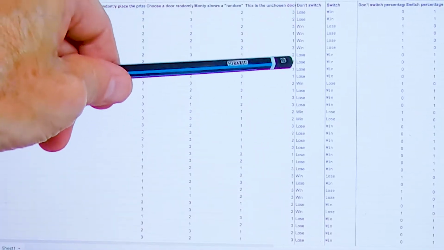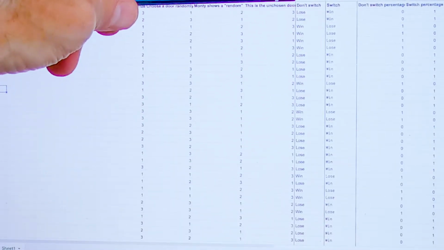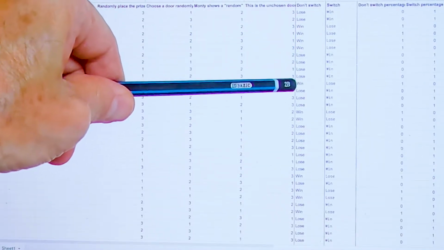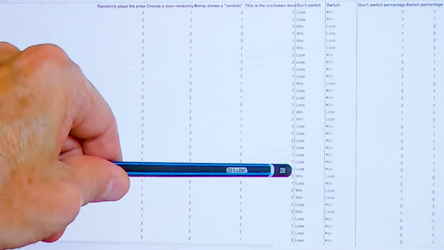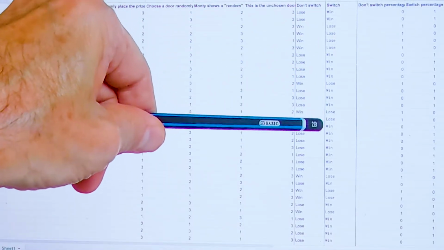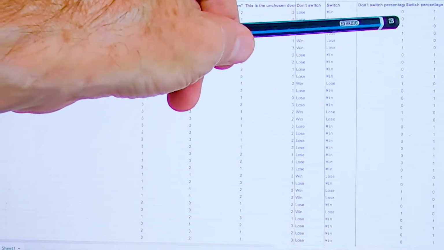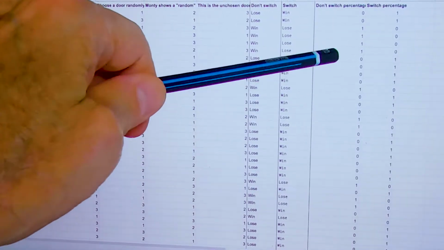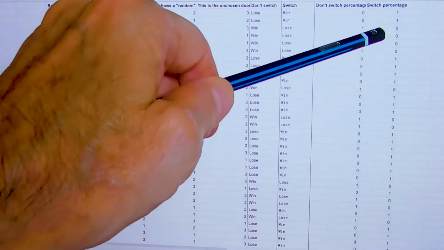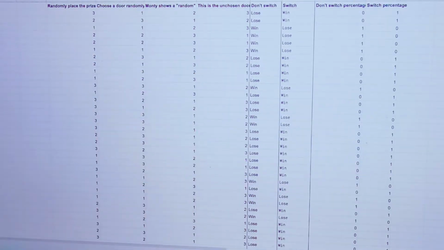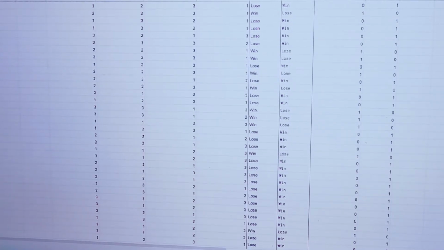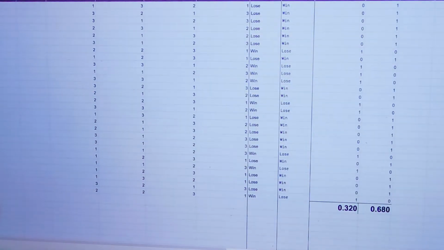And here we can see the win and lose percentage. When you don't switch, you see lose, lose, win, win, win, win, lose, lose, lose, win. You can see visually that there's more loses than wins here. And you can see here easily that there's quite a few more wins than loses. And if we translate that into data and make it into numbers, we could just zoom into this column and see that when you don't switch, you've got more zeros. And when you do switch, you've got more ones. And to quantify that, I've run this 100 times. And down here at the bottom, we've added it up, and we've got